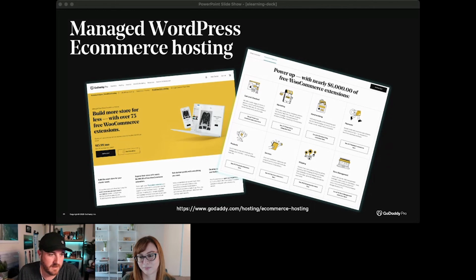Let's see. I think I have just one more here. The question is, does or will this integration include some of the more complex features from Stripe, like Apple Pay, Buy Now, Pay Later, etc.? Are there plans to continue to build this native integration up to, I guess, somewhat match the feature set that's in the plugin currently? Yes, so all of the payment options that you have already selected on your Stripe account